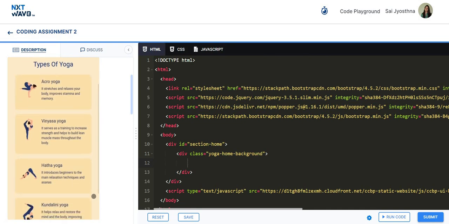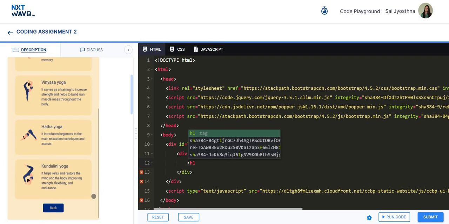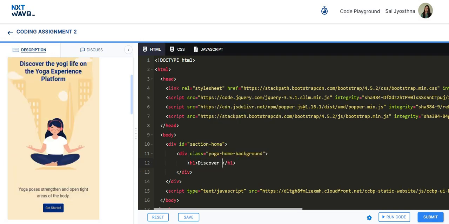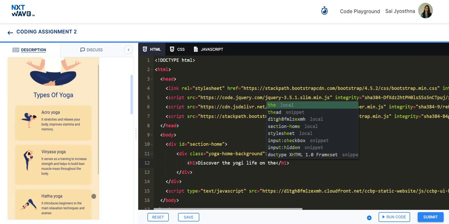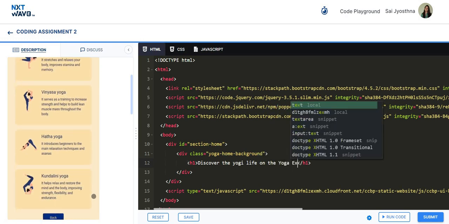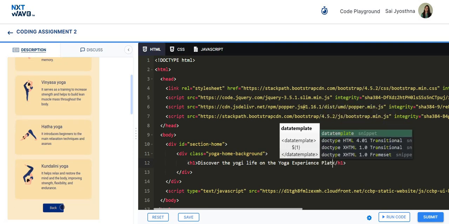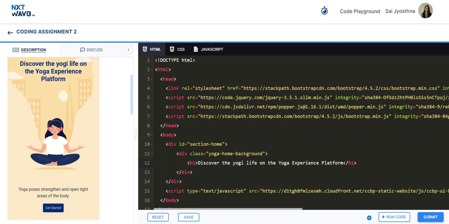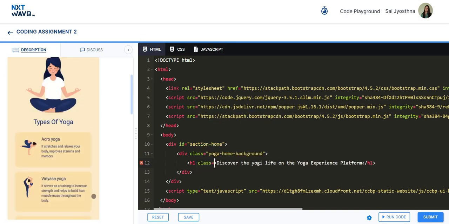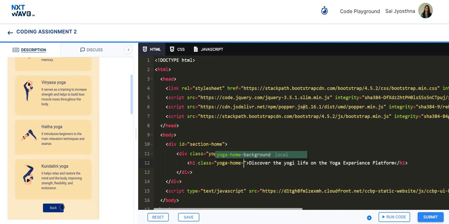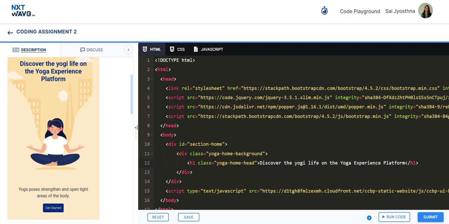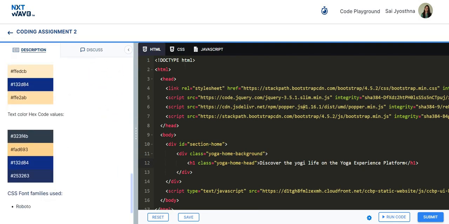And we're having an image. First we have the heading: Discover the yogi life on the yoga experience platform. To give the styling for the heading,